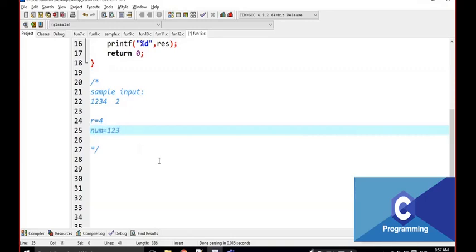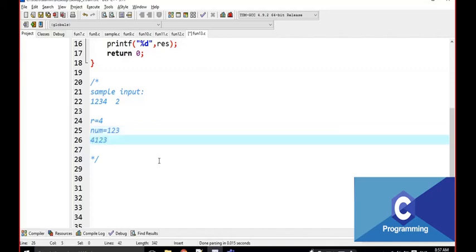At this time, I am going to check the last value is 4 and the number is 1, 2, 3. And how do I make 4, 1, 2, 3? Can anyone guess? 4 into 1000 plus 123. Yes, 4 into 1000 plus 123.